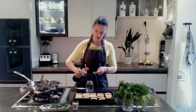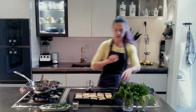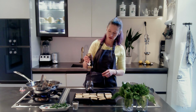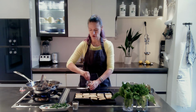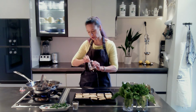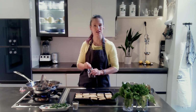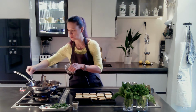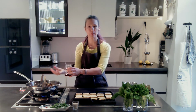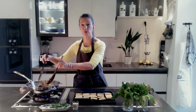And I'm adding a tablespoon of soy sauce. And a little bit of coconut nectar. So that's about a teaspoon. I just know that that kind of sweetness together with the eggplant works really well. So mix these, and why I've got that warm water in here is so that the syrup mixes in better and I can more evenly spread it out, rather than putting in a thick squeeze of the syrup and then it's all in one part and it's difficult to mix evenly. So that goes in. So now we wait,